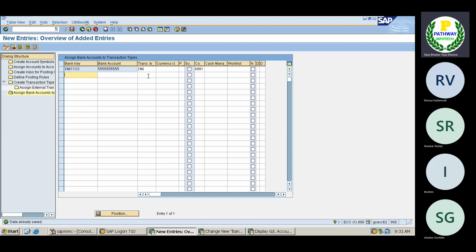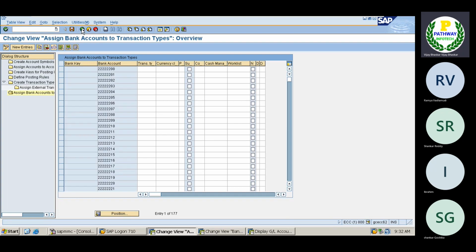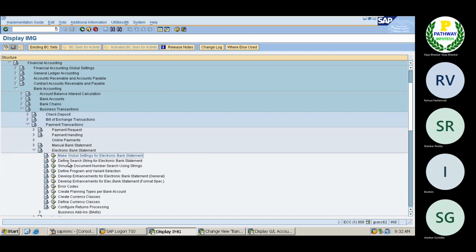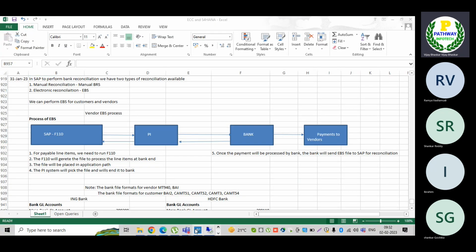Today we have done the configuration here. Tomorrow we'll see how the file formats will be. I will show you two formats: one is the MT940, another one is the BI file format. In that file format, there is something additional which I will show you, because I'm requesting you, please do not miss tomorrow's session. That is the one important thing where I'm going to show you the search string functionality: how the search string will work, and how we need to map the search string functionality. Please try to attend tomorrow's session. We'll continue the session tomorrow. And one more thing,